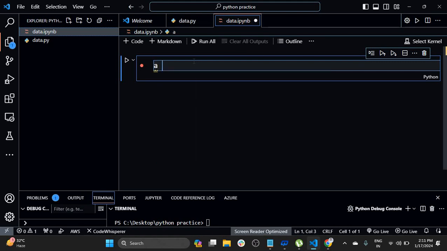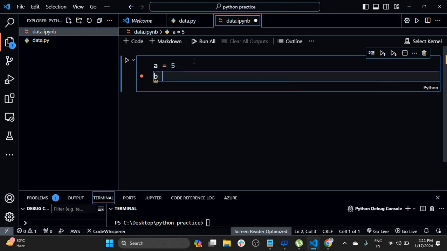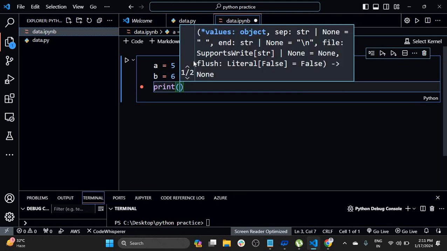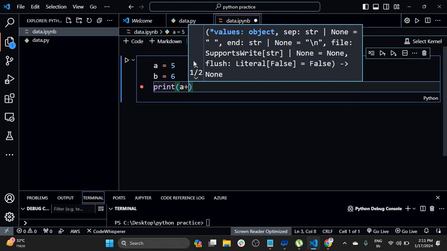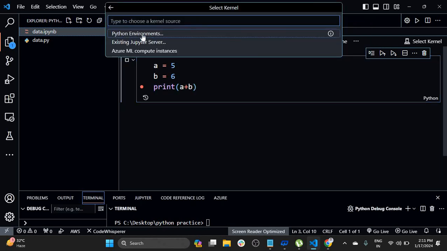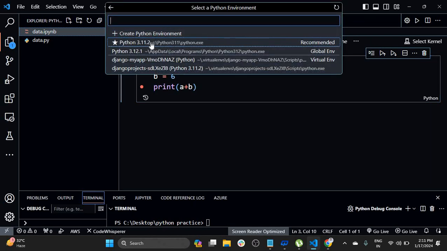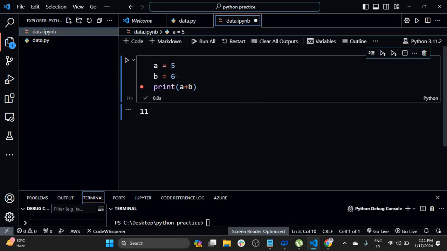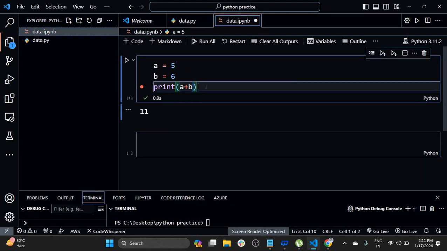So let's take an example. x is equal to 5. Okay, a is equal to 5 and b is equal to 6. So if you want to print a plus b, what is the output of a plus b? So here 5 plus 6 is 11. Okay, the next one is, if you want to use the arithmetic operators,